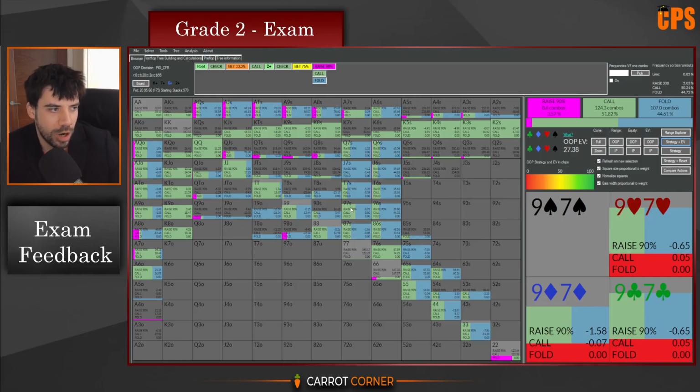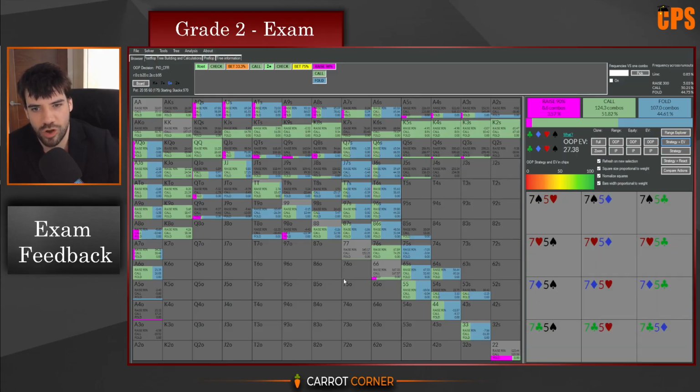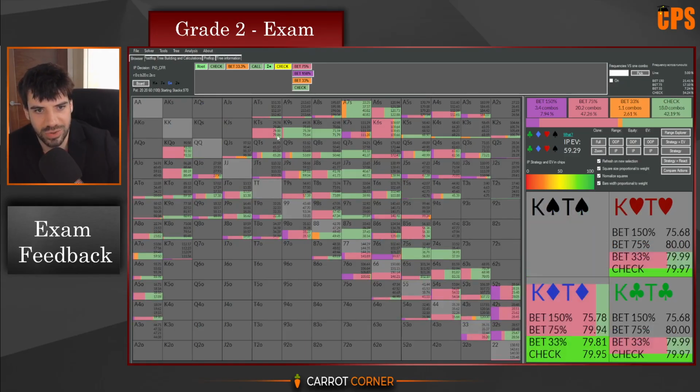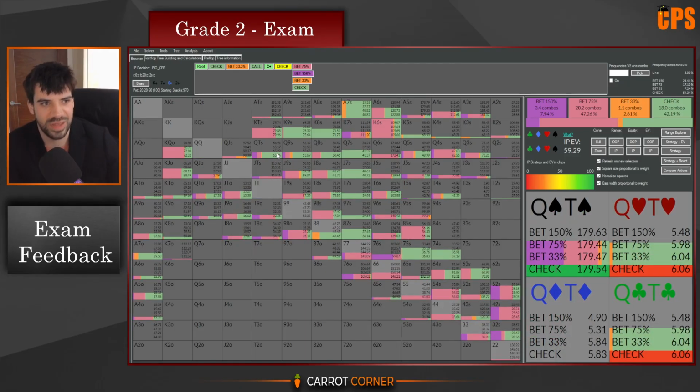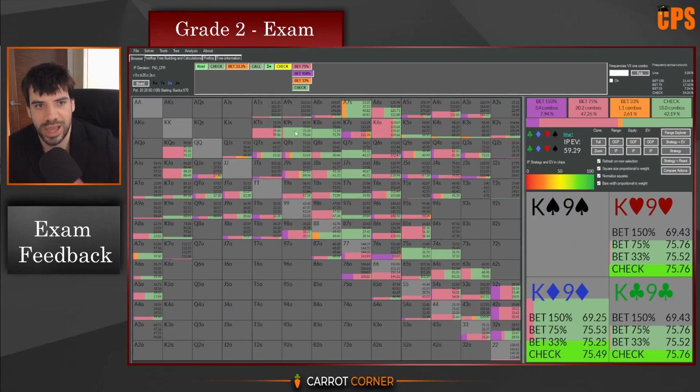Moving on to our bluff catchers now. A grade A bluff catcher, this will be a hand that doesn't beat any value bets, but does beat all bluffs and is a very profitable call. So when we look at what villain is actually value betting here, we can see that it goes down to hands. Let's look at the B75 sizing for now, I think that's the best one to concern ourselves with. It goes down to a hand like a mediocre king, like something like King 9 or